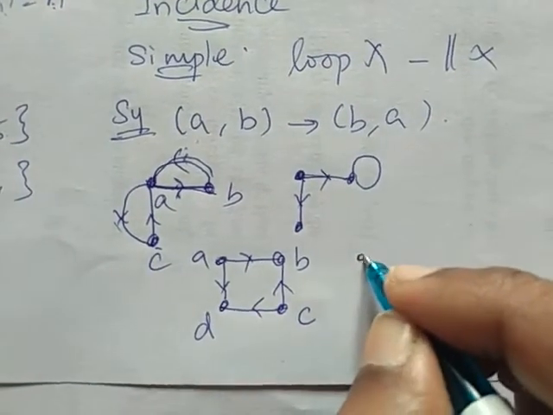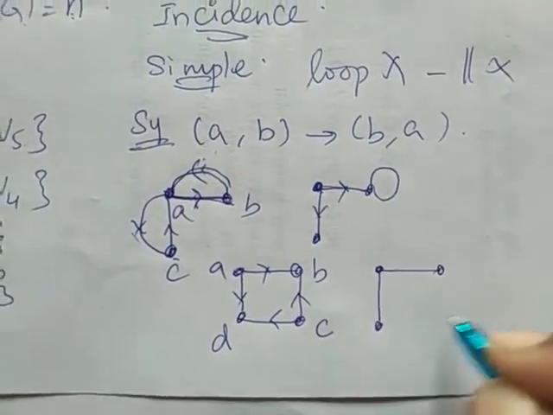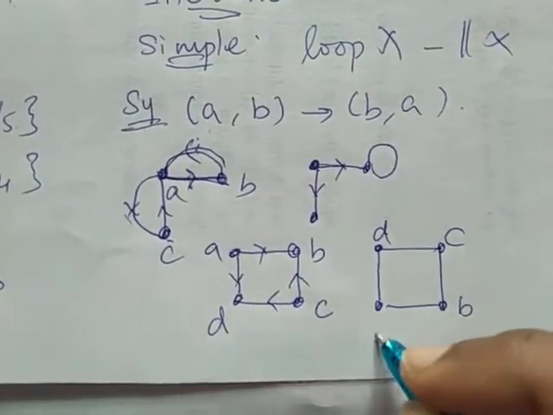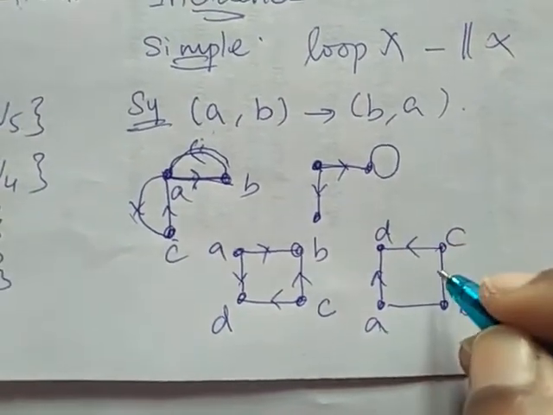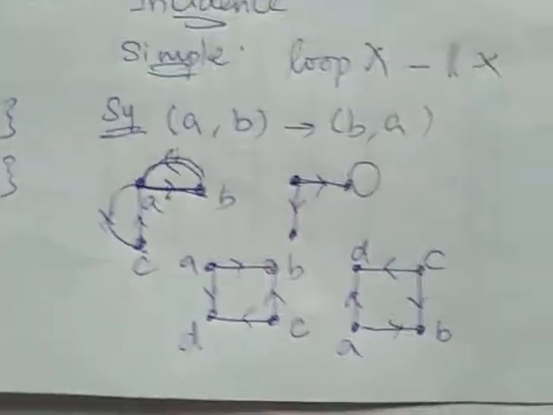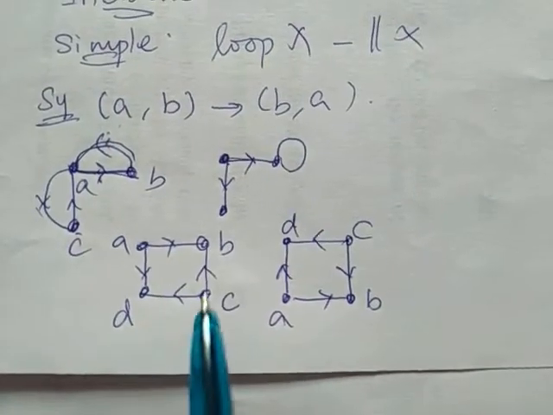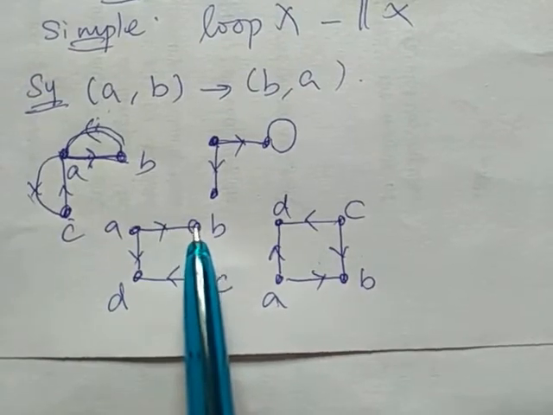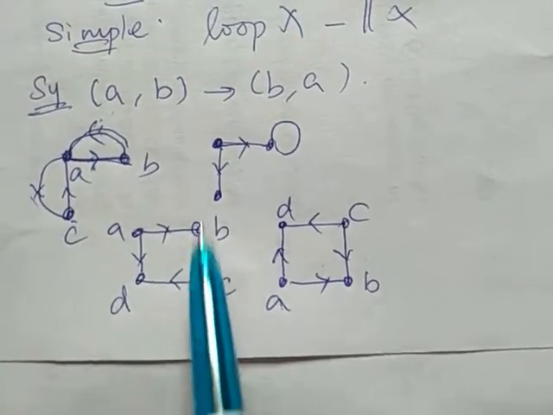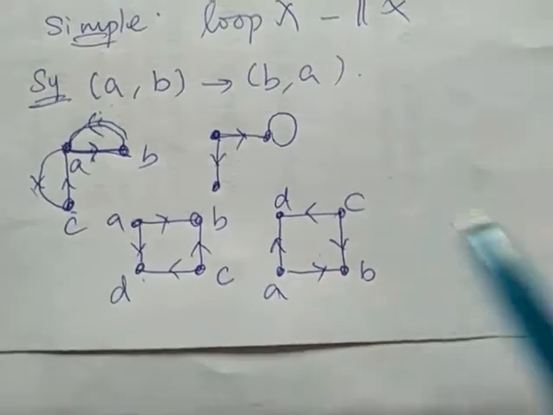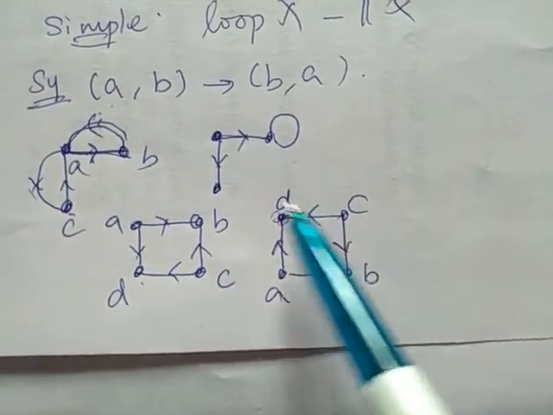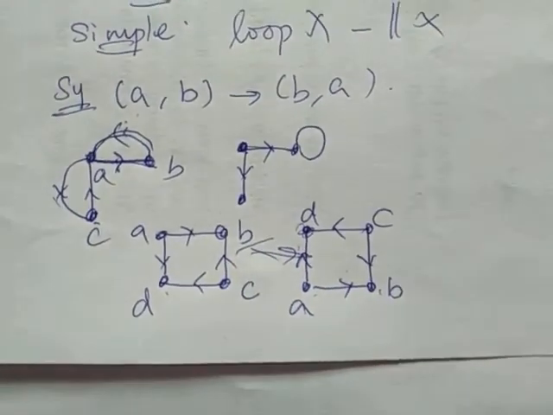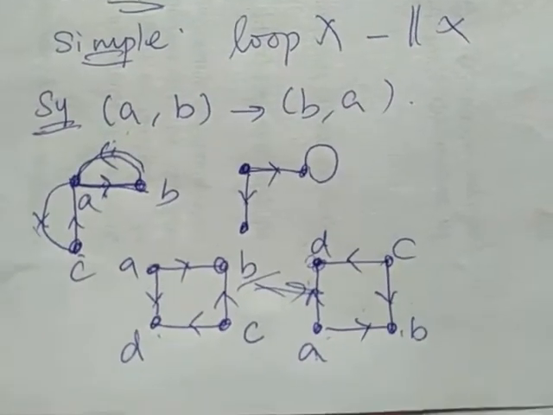If I have some other graph in this form, and I remove the names of the vertices, we'll get the same identical property. See, here this vertex in degree is 2, for this vertex in degree is 2. Similarly, for some other vertex, here also in degree is 2, here also in degree is 2. In this case, these two graphs are said to be isomorphic graphs to each other.